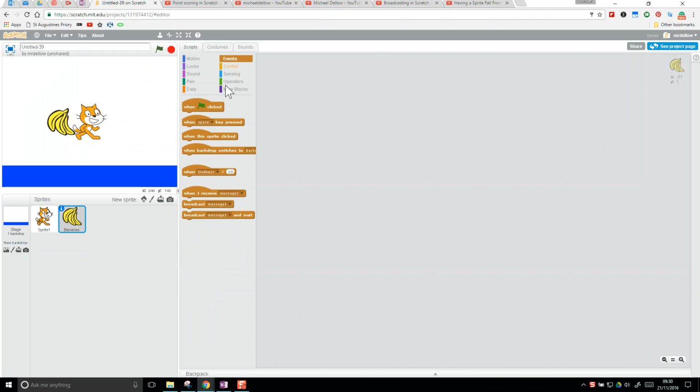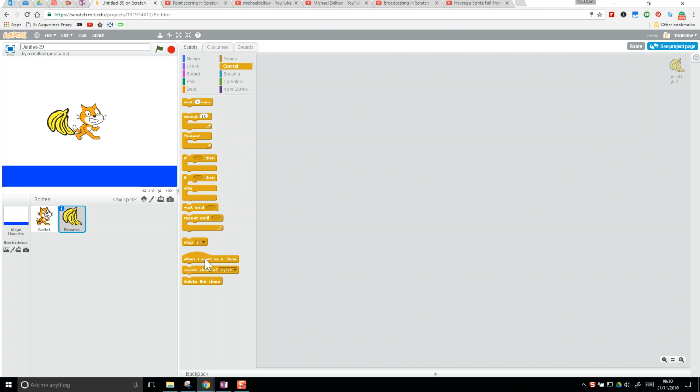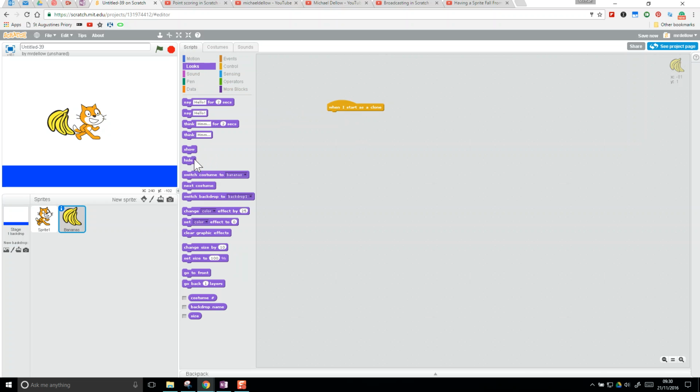Now I'm going to use something called cloning, and what that means is I don't have to create hundreds and hundreds of bananas. The bananas will just clone themselves. So we'll come on to that in a second, but we're going to use this "when I start as a clone" starting option. And when the game begins, we want to hide the bananas actually, and then we want to